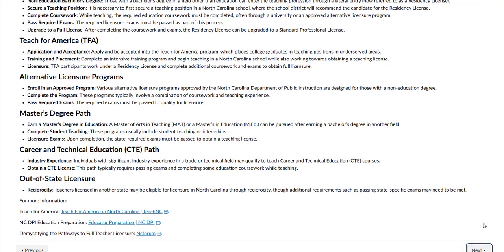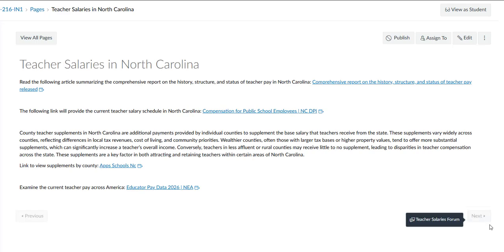The next set of resources discusses teacher salaries in North Carolina. I want you to read through this article here. That's going to give you a little bit of the background and the history of the status of teacher pay in North Carolina. This link is going to give you the current teacher salary schedule. This link right here is going to give you all the county supplements, so you're going to be able to see the various supplements across the state of North Carolina.